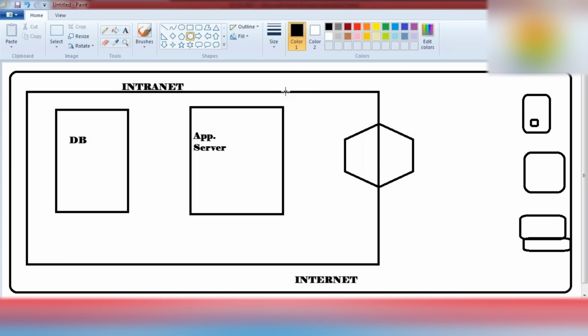OData service is nothing but an HTTP protocol based service through which we can connect the outside world to our inside intranet system, the ECC system, SAP Business Suite. So with this OData service, the barrier will break. The barrier has been broken by this OData service. There is no such barrier now.